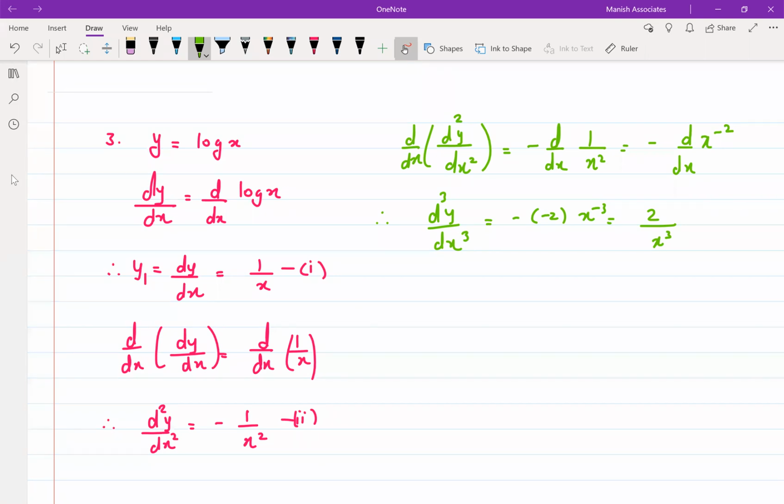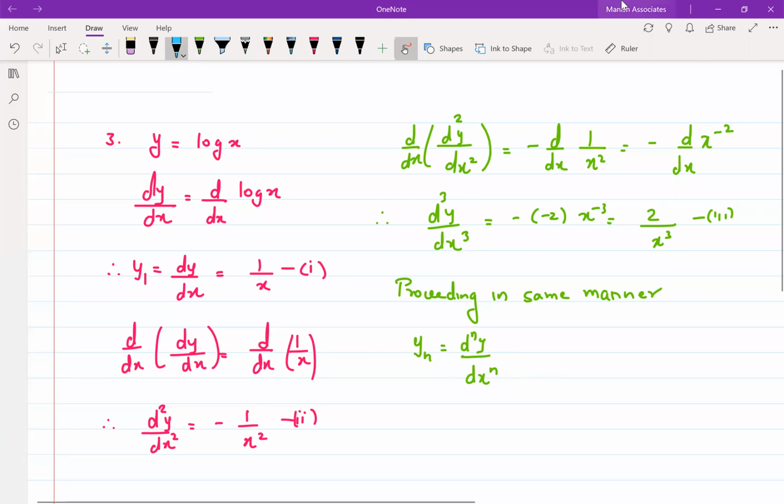Now students, we have to understand one thing: how is the pattern to be observed? Pattern कैसे चल रहा है वो हमें देखना है, ठीक है? और उसके लिए मुझे 3 relations देखने पड़ेंगे. Relation 1, relation 2 and relation 3. So I'll write here, proceeding in the same manner, I can very comfortably write now the nth order derivative, which is also called yn. Let us examine now the entire thing one by one. Everybody, please concentrate on the screen.